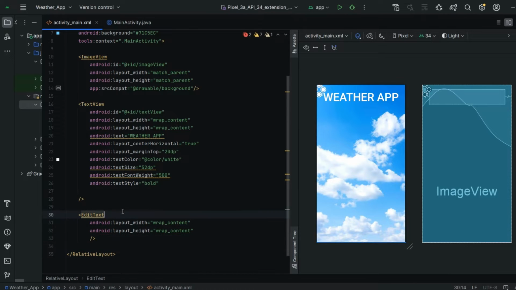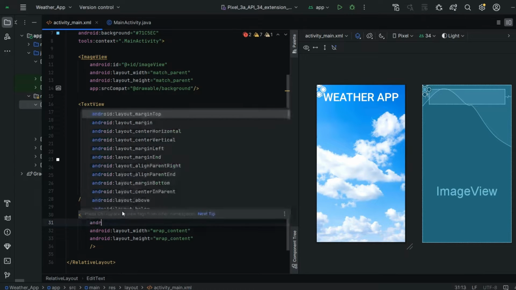And also we mustn't forget the ID, guys. ID is important for accessing it in our Java. While we are writing the Java code, we have to access it, guys.